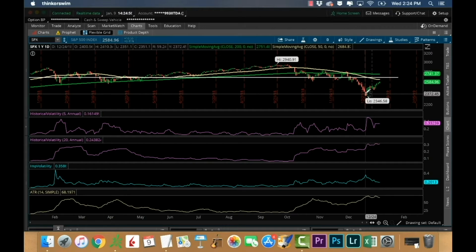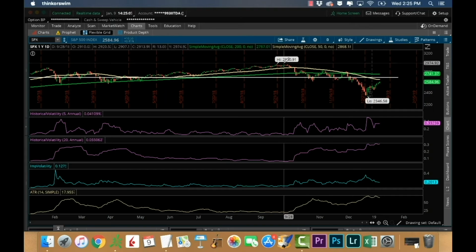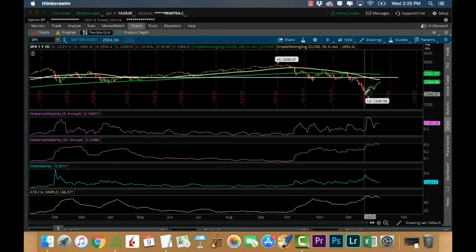But if you are a buy and hold investor, would you really care whether you were down 18, 19, or 22%? At that point, it's kind of all the same. The overall point is that it was a significant decline of about 20%, and it was a little bit scary